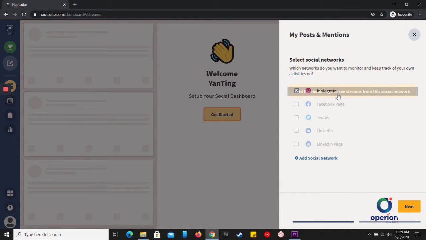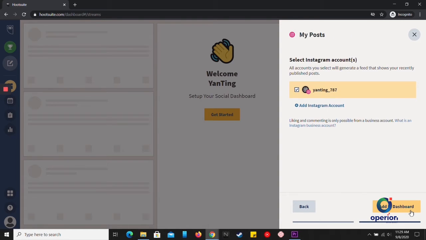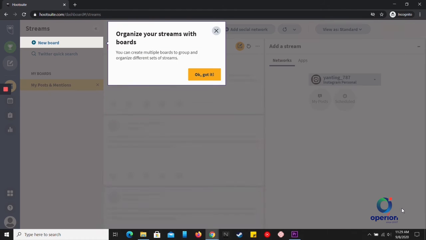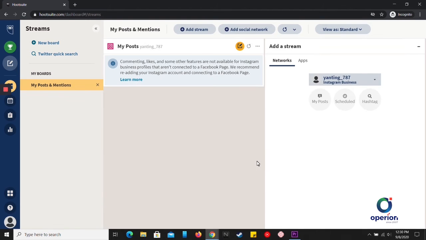For example, I connect the Instagram, so click on the Instagram and then click next. Add to dashboard. Besides that, you can also add a new stream. For example, I choose Pinterest and then click on my stream,